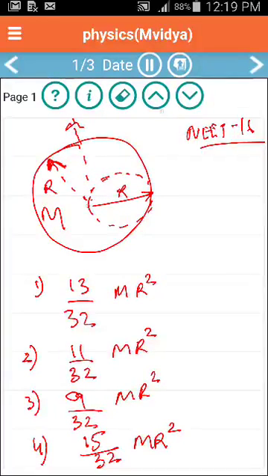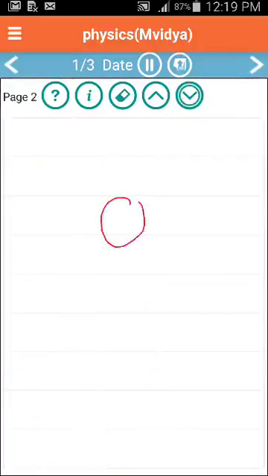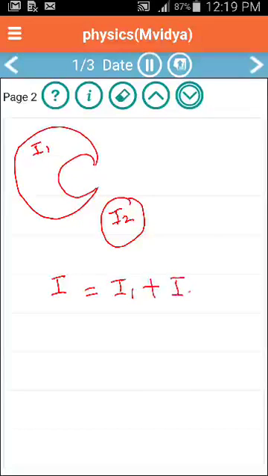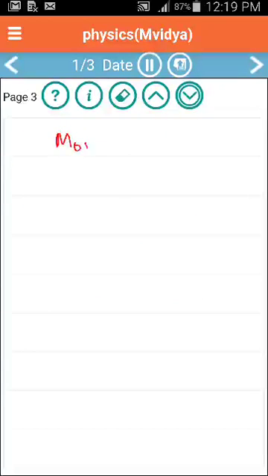So we will consider two bodies. One body is the circular cutout, and the other body is the disk without the circular cutout. If I call this I1 and this I2, can we write the moment of inertia I is equal to I1 plus I2 when the two are combined? That is, it becomes one single disk. Because by definition of moment of inertia,